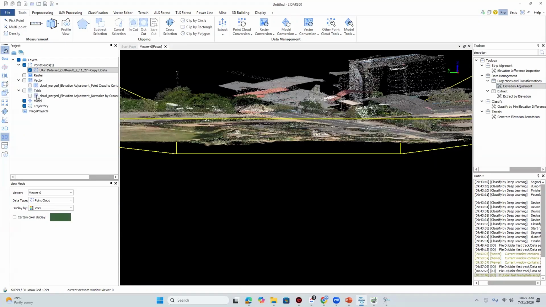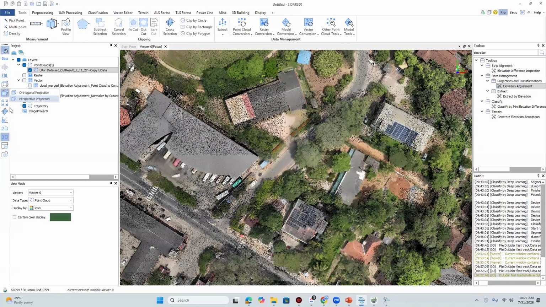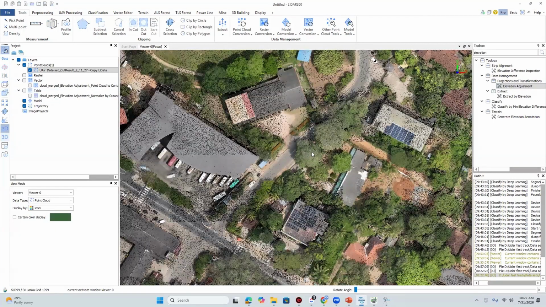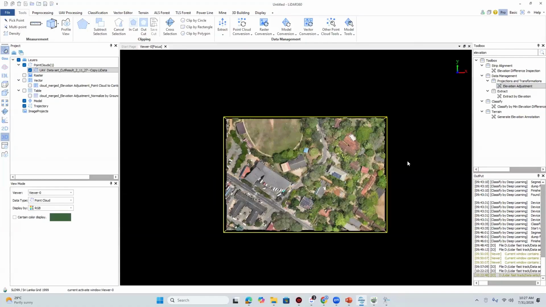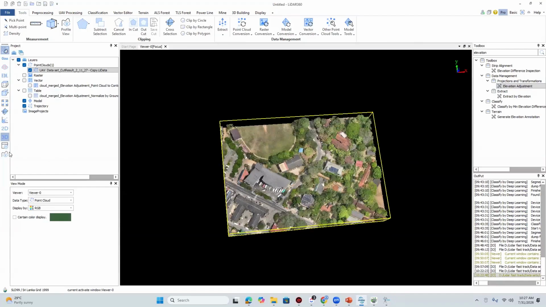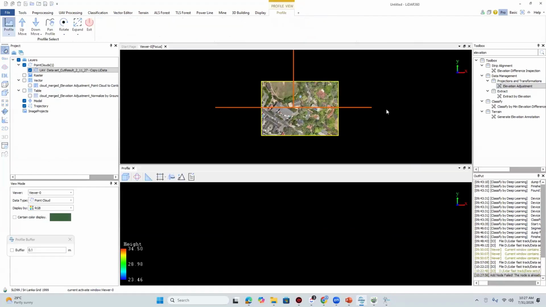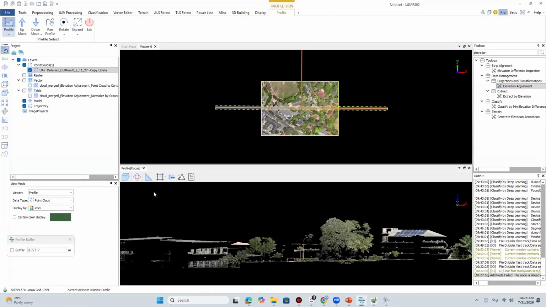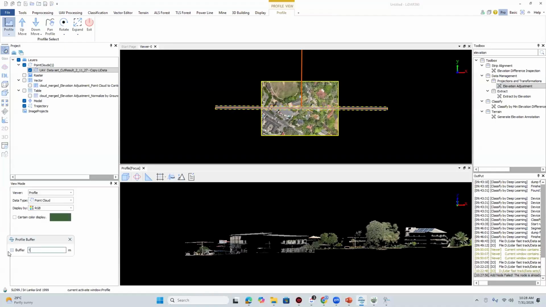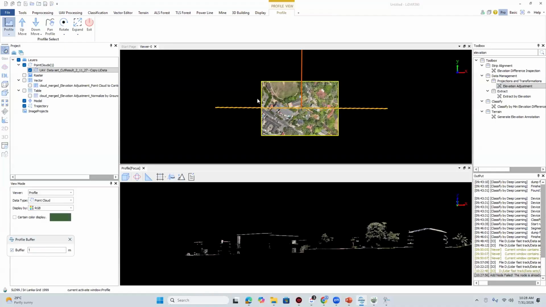Then we have the orthogonal projection and perspective projections also here. So we can go to the 3D and 2D domain. Here we can move out from 2D, and here we can move on the 3D part. Then we can get the cross sections also here like this. We can get cross sections and edit our buffer zones here. Okay,